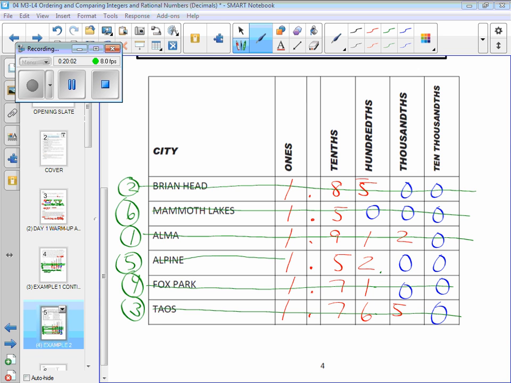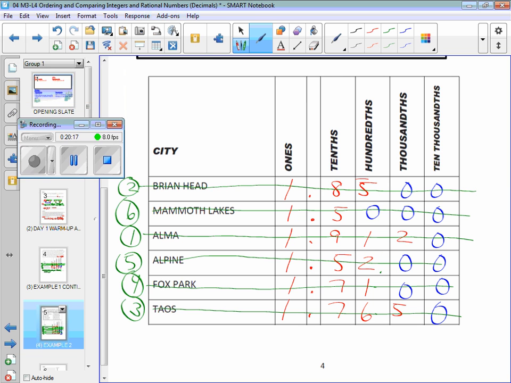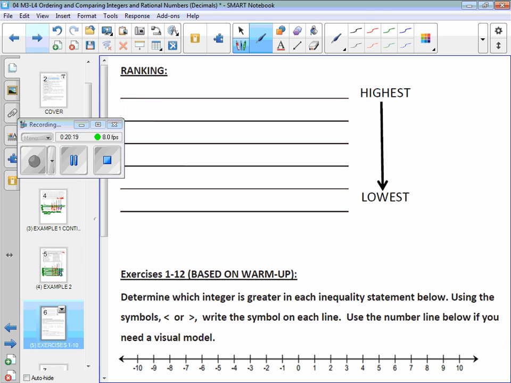Now what we have to do is remember, this is just a work chart. This is just a place for you to work through it. We're now going to flip to the next page and actually rank them the way that they need to be ranked, which means you got to do a little flipping back and forth. All right, the highest was what? Followed by Brian Head. Followed by,